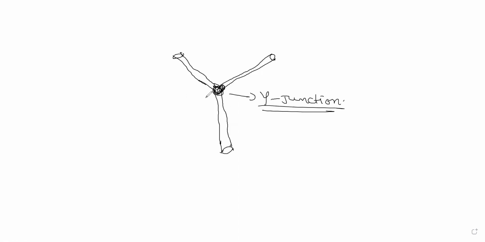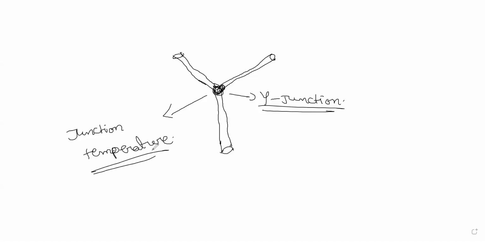So at the Y junction, what is the junction temperature? So how do you do these junction temperature questions? It's more or less the same as what you do in calorimetry. Remember that point? In calorimetry, for the adiabatic system, we have done delta Q1 plus delta Q2 is equal to 0, or heat lost is equal to heat gained.